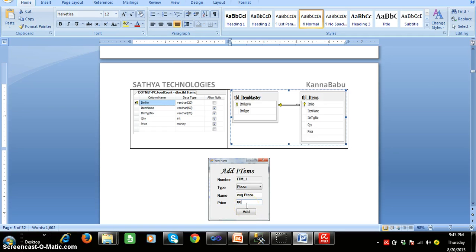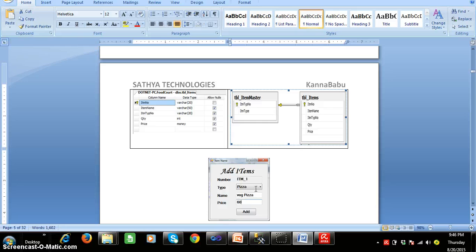Day to day he will bring the stock to the food court and he will update that. So by default, here item number must be ITM_1, item name must be veg pizza, item type number must be the ID of pizza you have to insert, quantity you have to insert 0, and price you have to insert 60 rupees.